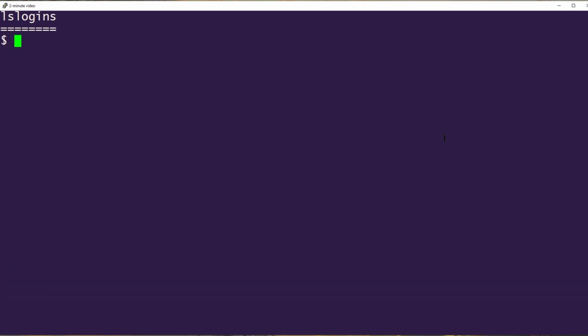In this Linux tip, we're going to look at the lslogins command that provides some useful details on user accounts. In its simplest form, you could just type lslogins, but without sudo, some of the details that you'll want to see won't be available because the files in which they're stored won't be readable. So let's run lslogins with sudo.